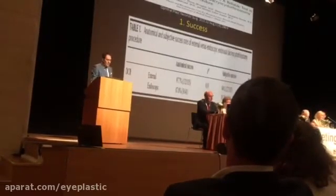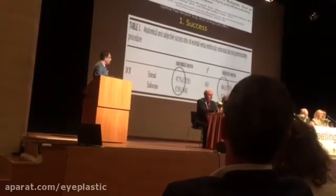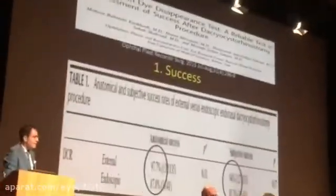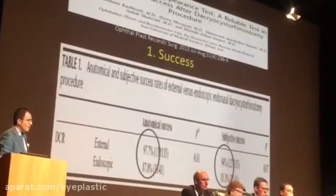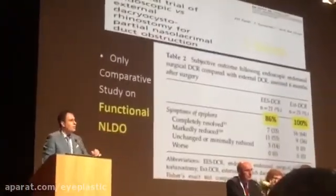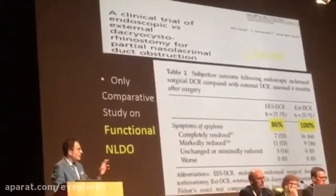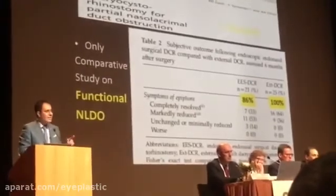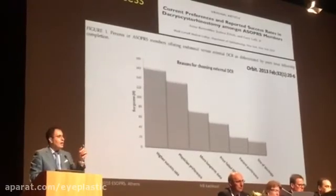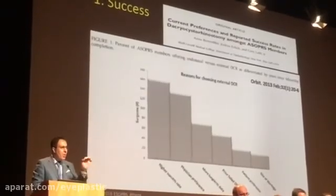We compared our cases with endo versus external DCR, in which we found a significant difference favoring the external DCR in terms of the anatomical and functional success. And in the only article published on functional nasolacrimal duct obstruction comparing these two procedures, Jane reported 100% success for the external DCR, but less for the endo. And that's why, in a survey amongst ESOPRS members, the majority chose external DCR mostly for its